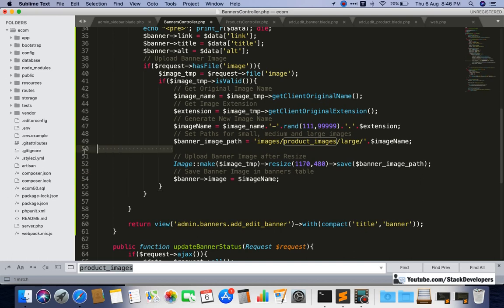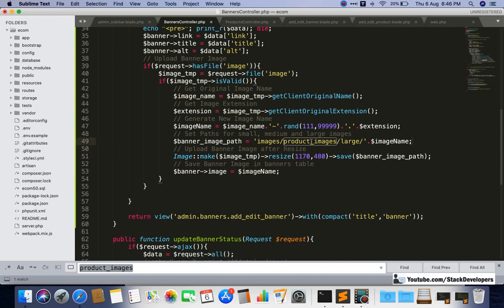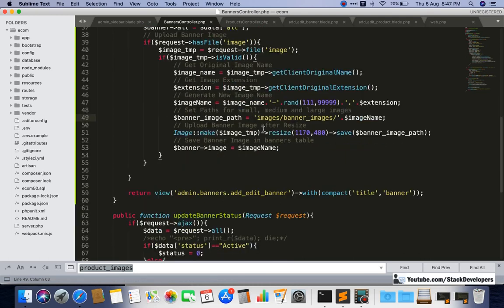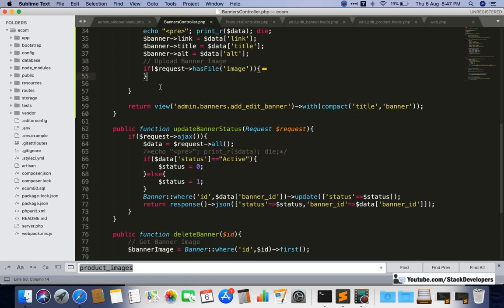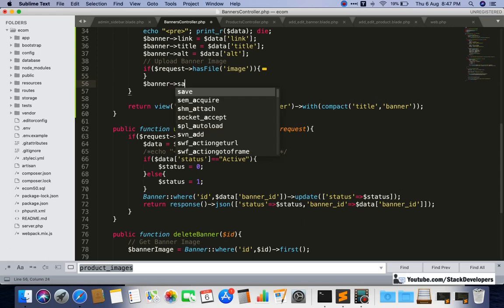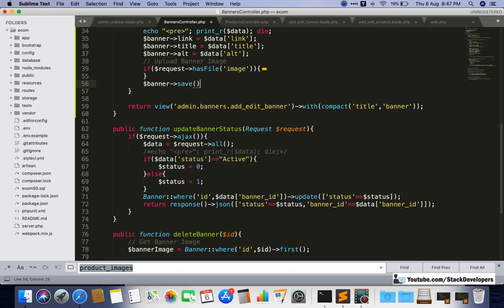So upload image after resize, that is fine. This one banner underscore images, and this one is not required, we can keep it like this, and the rest everything seems to be fine. After adding this image, we need to save the banner now. So here we can save the banner, $banner, save, like this.